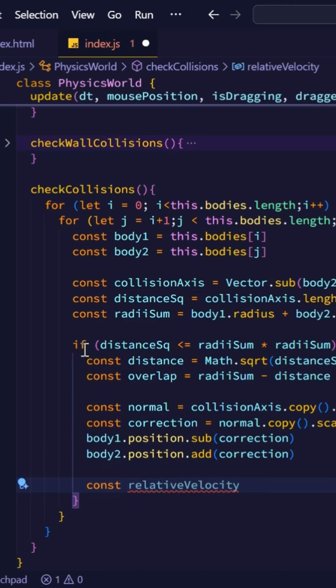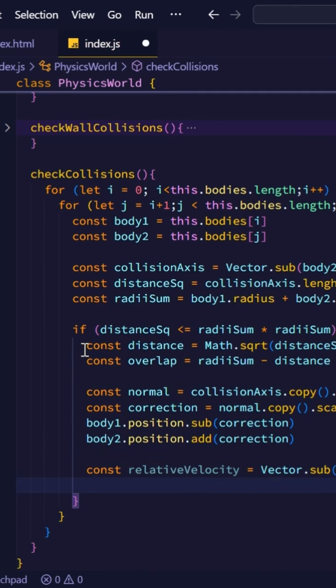I will calculate the relative velocity by using the static sub method on the Vector, passing in the velocity of body2 as the first vector and the velocity of